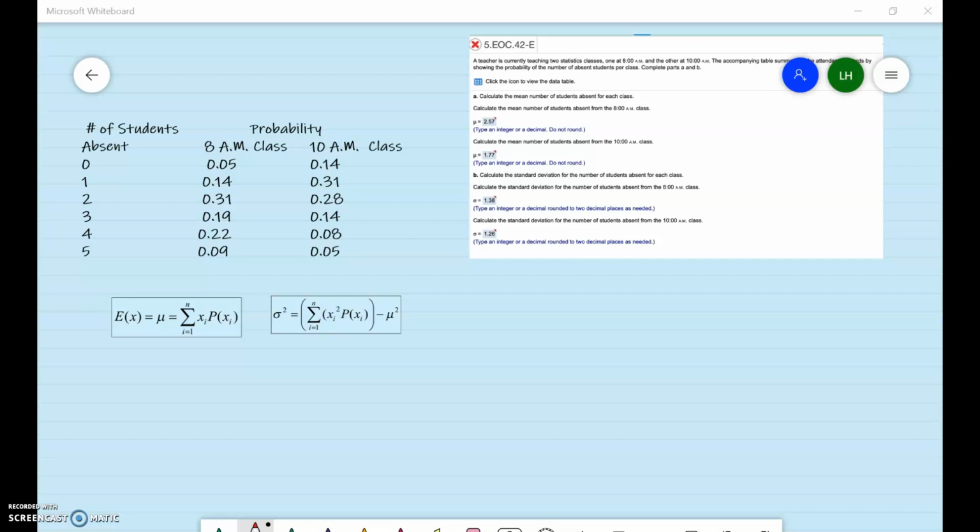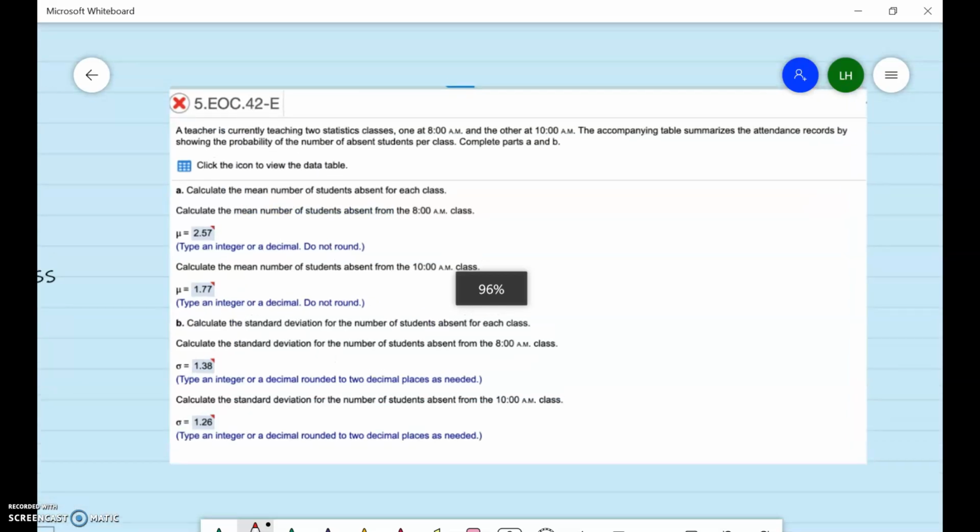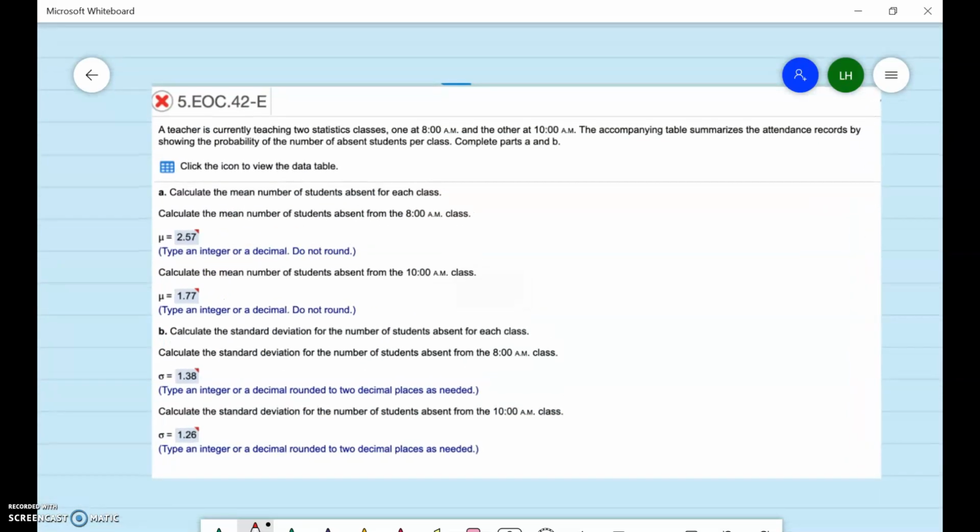Okay, so on this problem, let me zoom in so you can see. We have a teacher who is currently teaching two statistics classes, one at 8 and the other at 10. There's a table that summarizes the attendance records by showing the probability of the number of absent students per class. We know the number of students cannot be a fraction or decimal, so this is a discrete probability